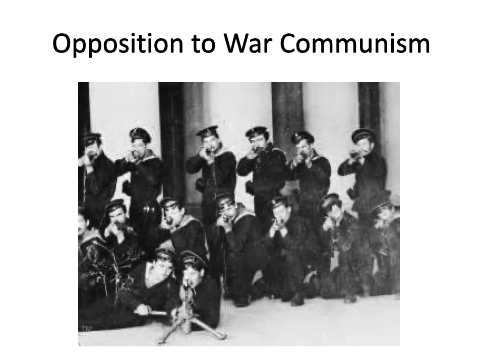So the Kronstadt sailors were a group of 10,000 members of the Baltic fleet, and as I said, they were stationed in the naval base at Kronstadt, which is just outside of Petrograd. Now they mutinied in support of strikers in Petrograd, and they published a 15-point manifesto which condemned Bolshevik abuses of power, and they called for the legalisation of socialist and anarchist parties, new Soviet elections, rights for trade unions, and an end to special privileges for senior Bolsheviks.